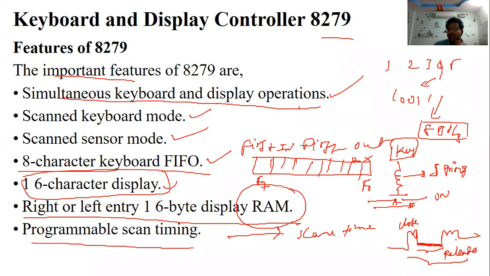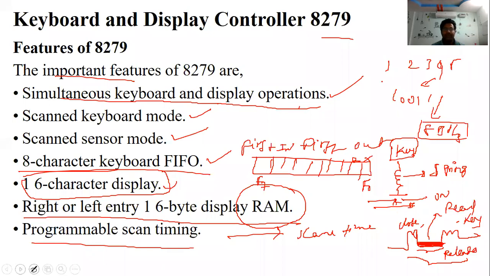So this is the time taken by the microprocessor to read any of the keys. We can call it the scan time. The microprocessor only reads the key when it has settled down, because of the transients. Once it has settled, it can read the key, so the microprocessor is unable to gather false information from the input. Only once it is settled down does the microprocessor read the key.